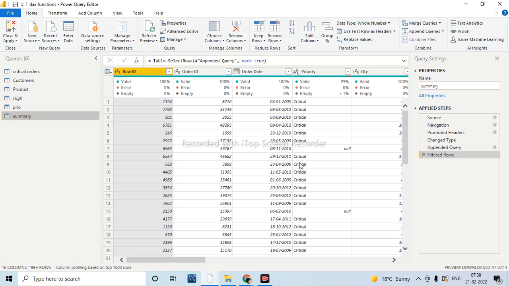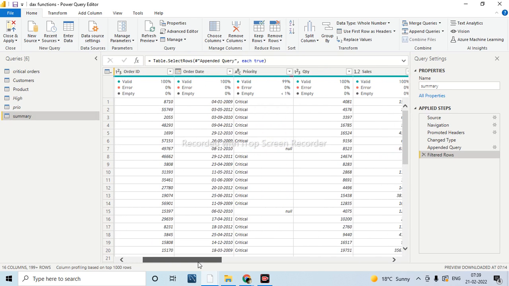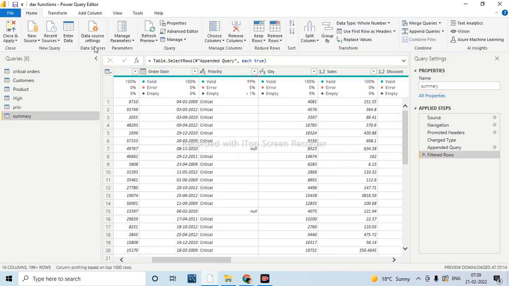Now my requirement is to filter out. I want to do first the group by based on the priority column and region column, which we did by using the summary. Now I am doing the same thing here, group by.